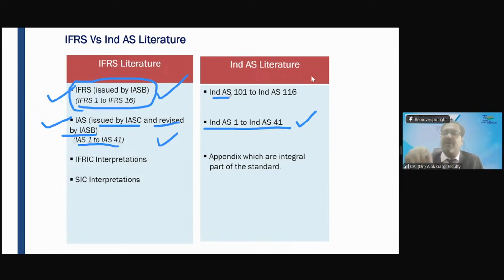For IFRS 2, Ind AS 102. For IFRS 3, Ind AS 103. Is that clear to everyone? So wherever you find a 3-digit standard, like Ind AS 103 on business combination, you must be aware that these are the standards which have been converged from the IFRS series of standards. Wherever you find a single or double digit standard, 1 to 41,